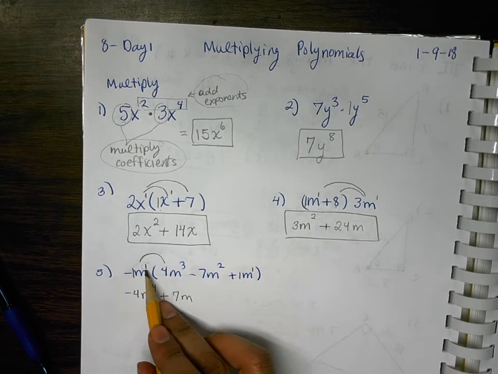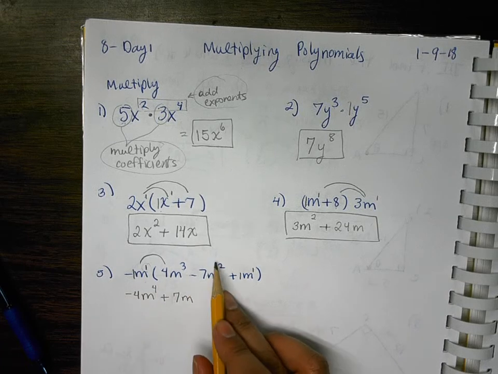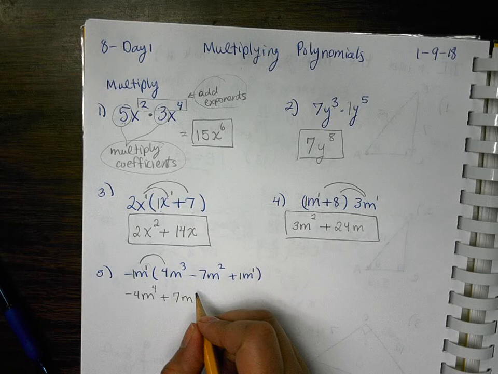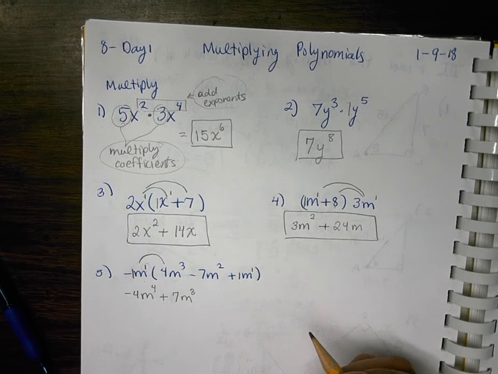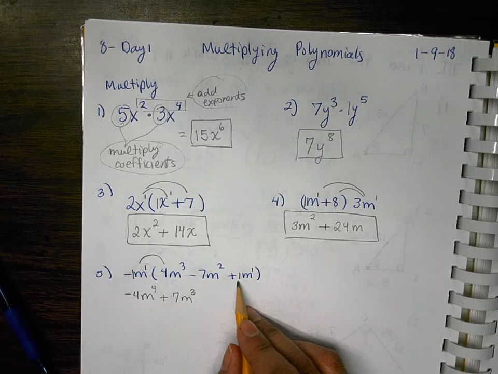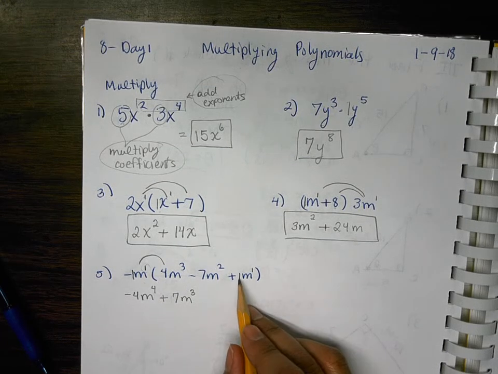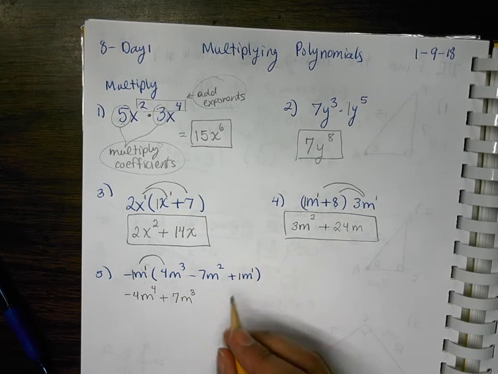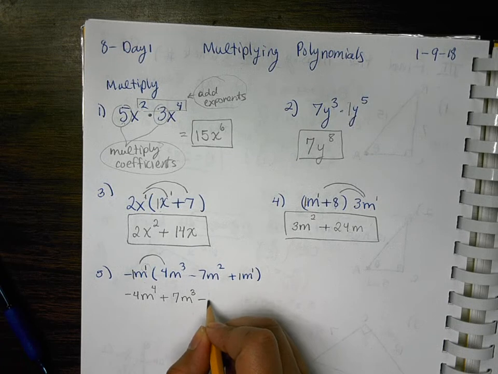M to what power? There's a 2 here and a 1 here. Do I multiply or add the exponents? Add. Positive 1 plus positive 2 is 3. And then negative 1 and positive 1, when I multiply, this is a negative 1, that's a positive 1,